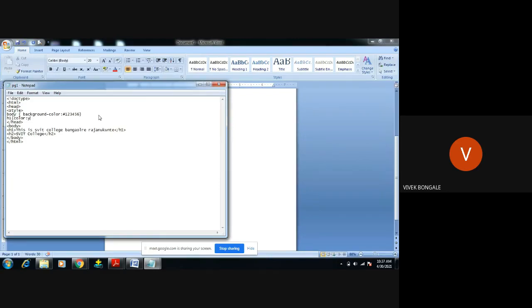Here also we can use a number, but it should start with the hash. We give the reverse number, 6 5 4 3 2 1. Let's check what color we will get. So close the style, and the remaining part is all the same. Let's check what result we will get.